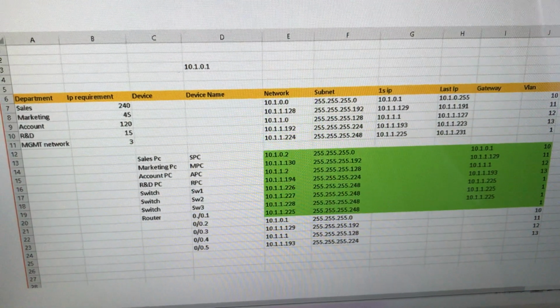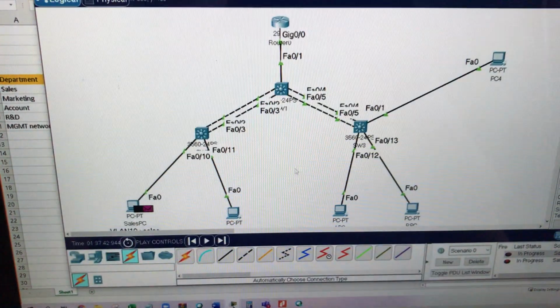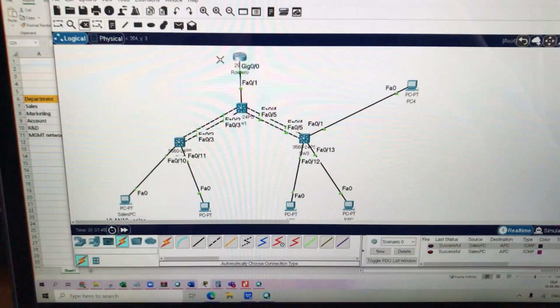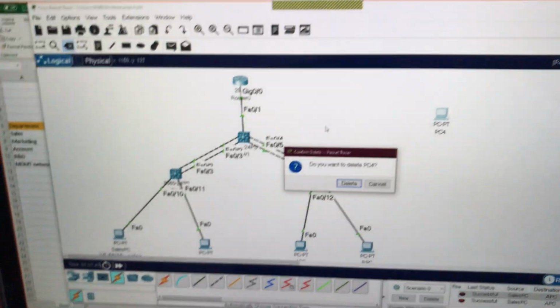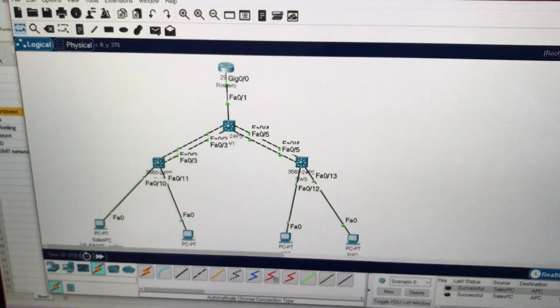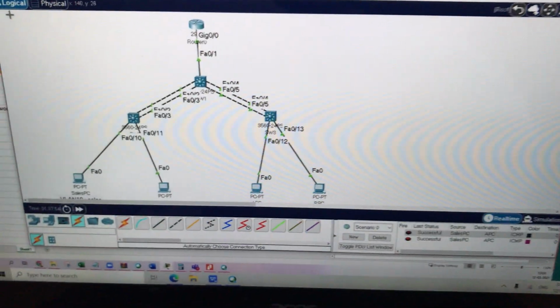The topology also I will paste in the group. Take your time, try to build it up. It will show you your caliber, whether you are able to do that or not.